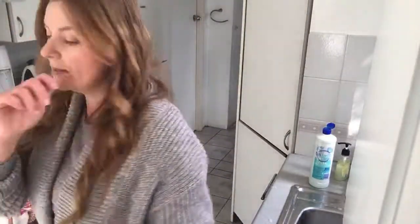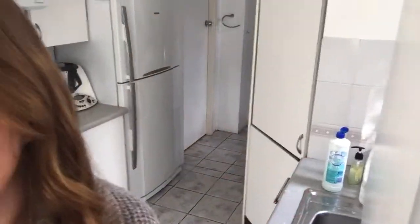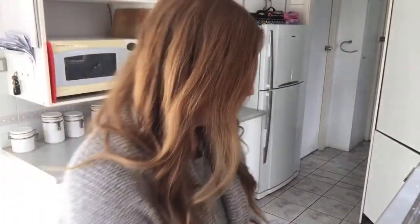Okay, so we've got 10 minutes left on the brownies. Counters are clear, dishes are done. Let's do a cutlery drawer. Bring you back down again. A little. Can you see me? Yeah, we're good. Okay, so I'm going to do the top drawer,